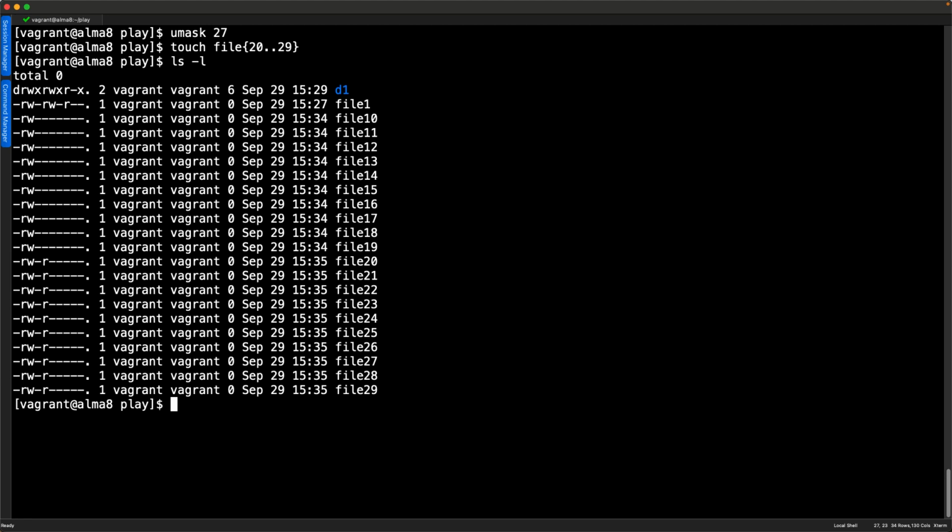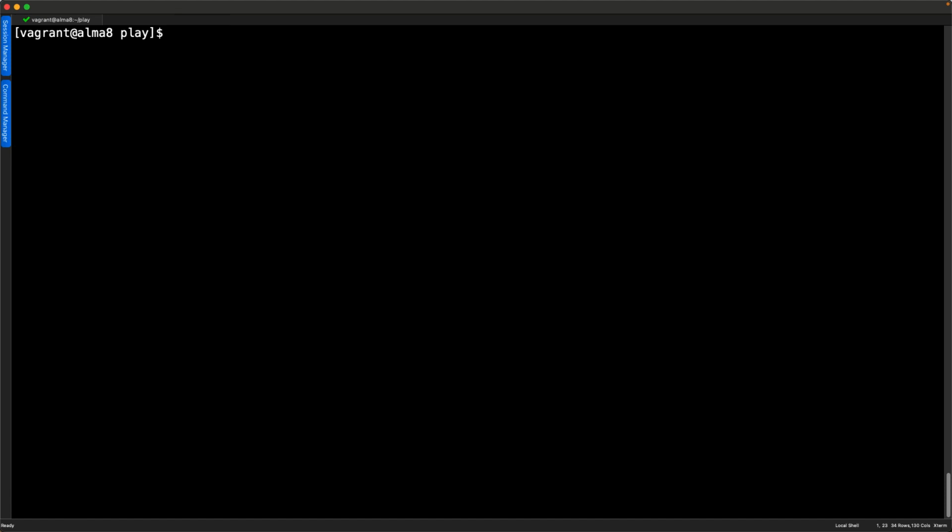If I like this umask, and I'd like this then implemented when I log in, I can set it as my default umask value. If I clear my screen, and then just go through and find my home directory, and moving into the .bashrc file, we should be able to then go through and edit.